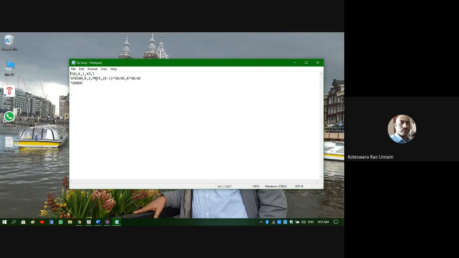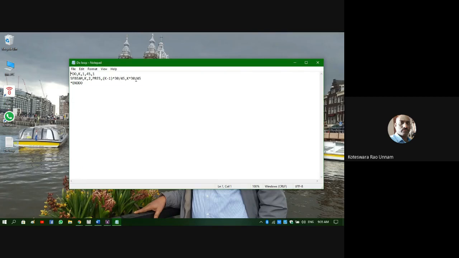Then these are the things we need to define in the software again. That is the load key. We already did this. The load key is going to be 2 in the case of shear force acting in the y direction, so I have to use 2. Then the pressure load.